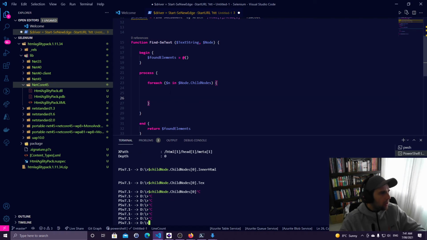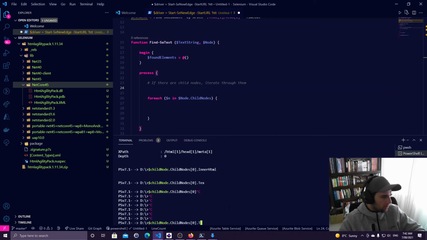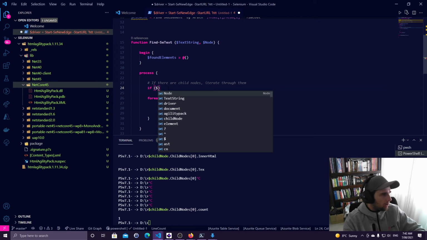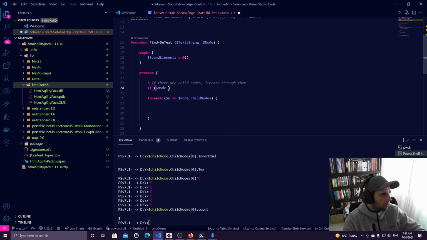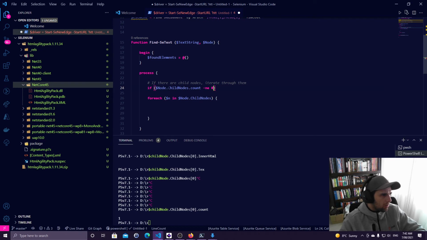All right, so this is what we're going to do now. So we can basically go and say if there are child nodes, iterate through them. If not, do a search. So what's the easiest way to do this? Dot count. Okay, so let's just say if node.childNodes.count is not equal to 0,